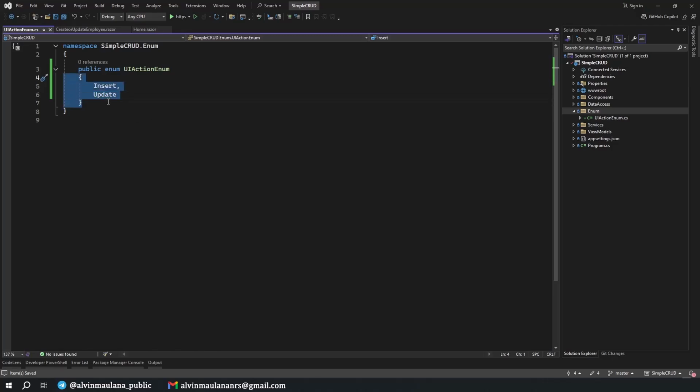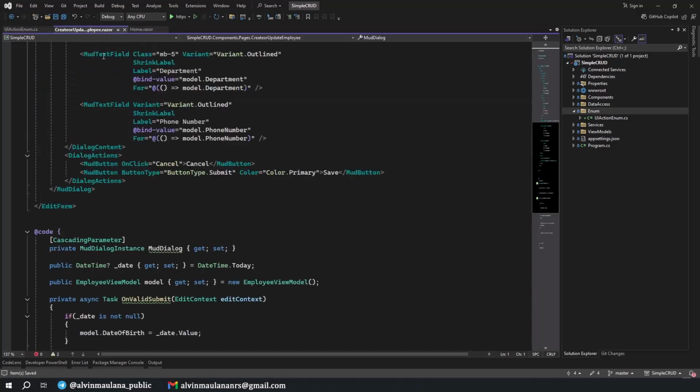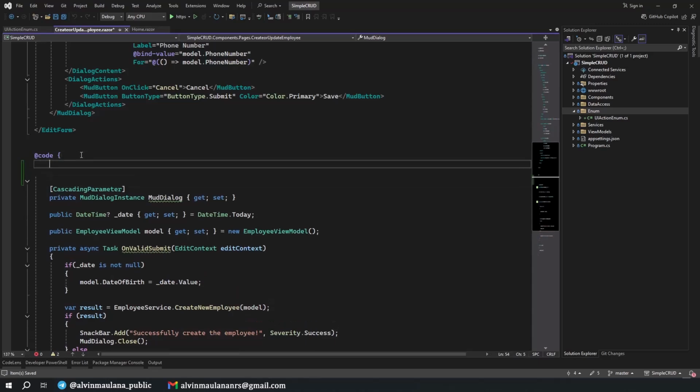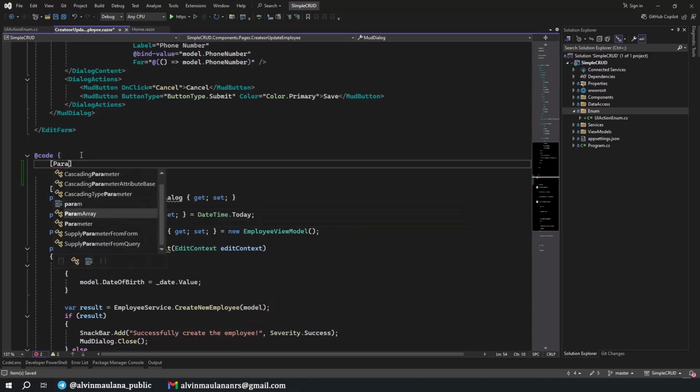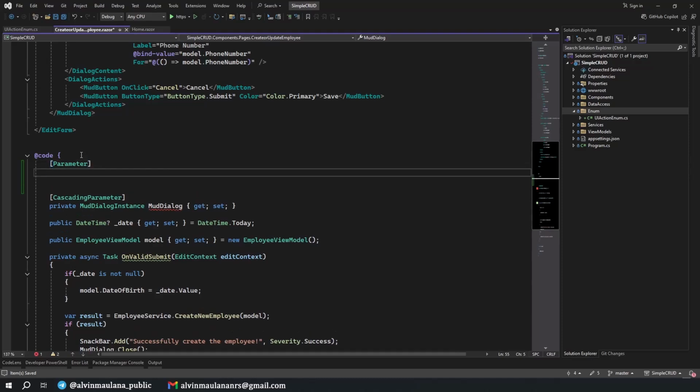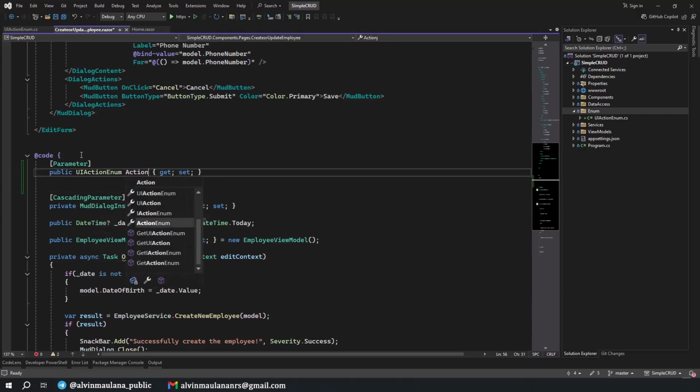What is this for? So on this one, we will have a parameter of property UI action enum, nice, and action. By default, what we do in here is action enum insert.